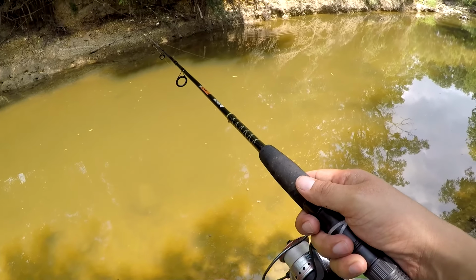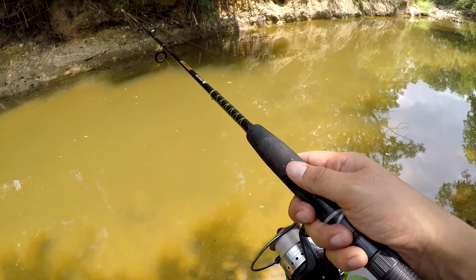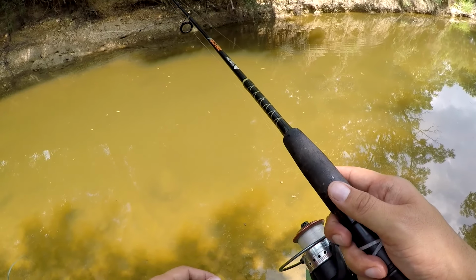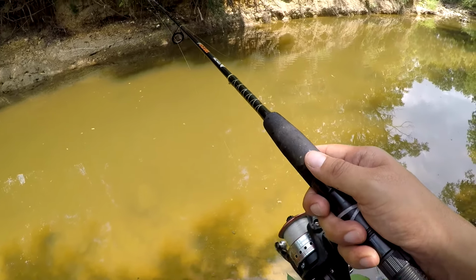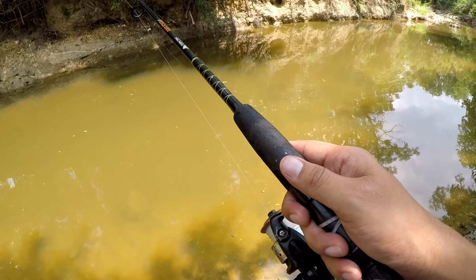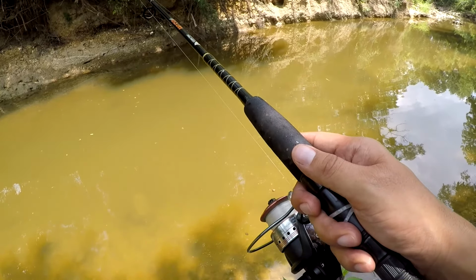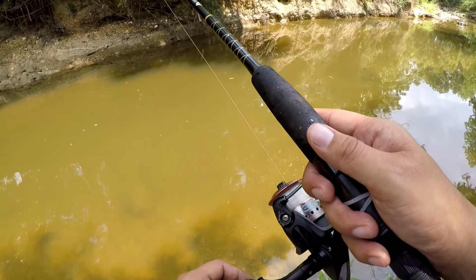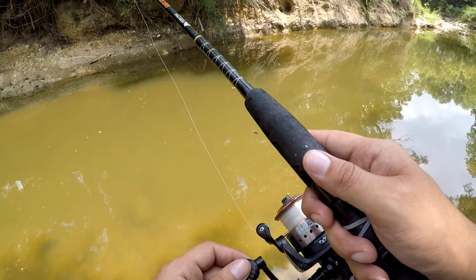Like I was saying, I went to Walmart, bought a couple rods, some hooks, some weights, and honestly, first thing I did was went and got worm because I didn't know what else to use. So I would go out there and I'd throw my bait out there and sit with the worm on the hook and see if I'd catch anything. I never had any luck. I think I caught maybe a couple small catfish,